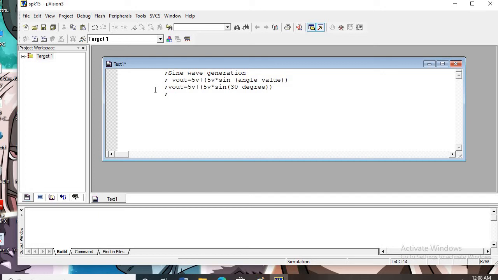So that is equal to 5 volt plus, into bracket 5 volt into 0.5, that is equal to 7.5 volt.